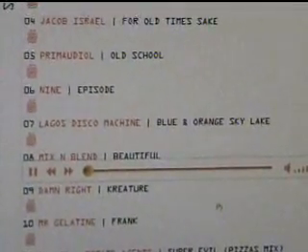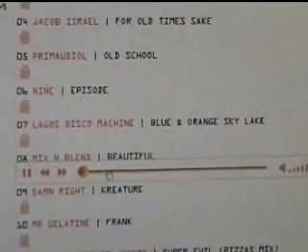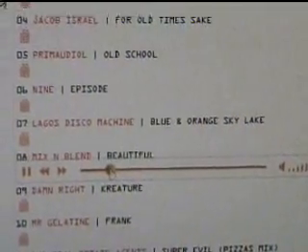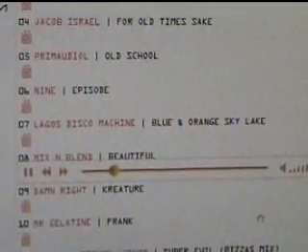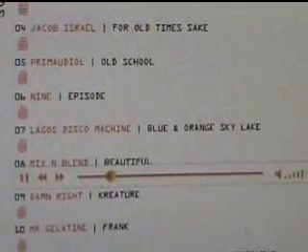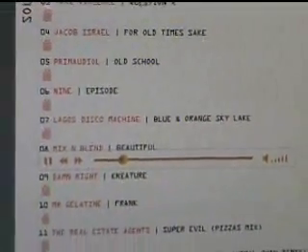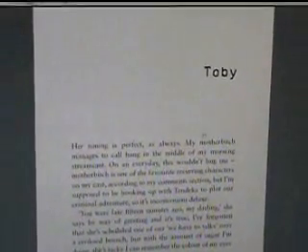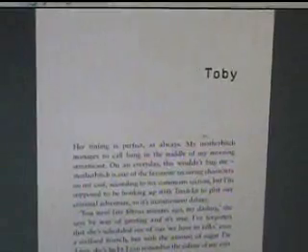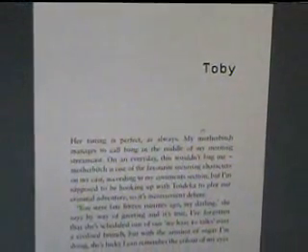If I want to skip to later on in the track, I can just skip along a little bit, and you've got the soundtrack playing. If I now want to keep reading, go to where I was in the book, let's say I'm here on chapter 2, I can start reading. I can use my arrow keys just to move from page to page, or my scroll on my mouse.